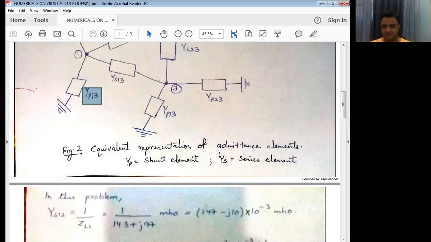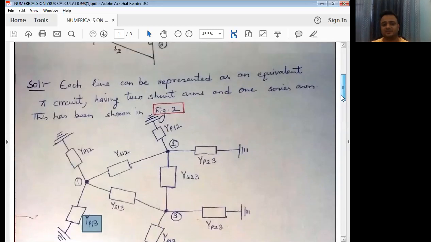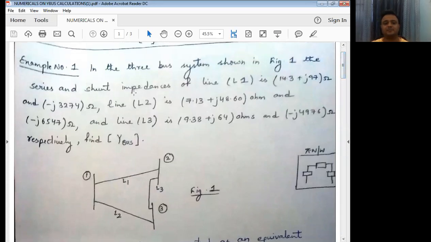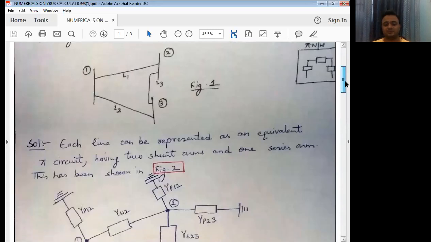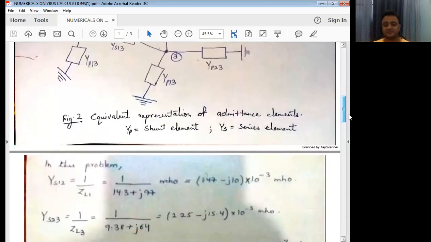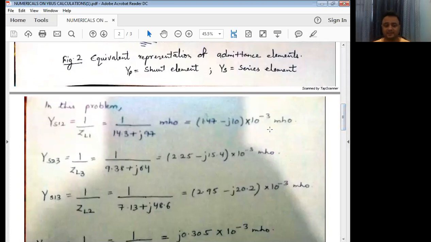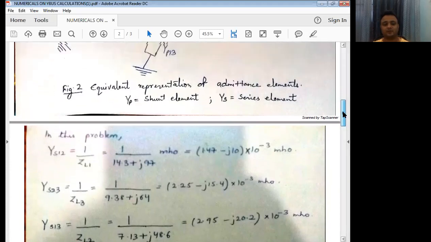So there is one basic concept: how impedance can be calculated or how admittance can be calculated, since in the numerical it is given that the series impedances and shunt impedances of the line are given. While we are calculating the admittance bus, Y-bus, we are not calculating the Z-bus, we are just calculating the Y-bus. So we are calculating the Y-bus but the elements are given as impedances, so we know that admittance equals the inverse of impedance. 1 by impedance equals admittance. Now I have to